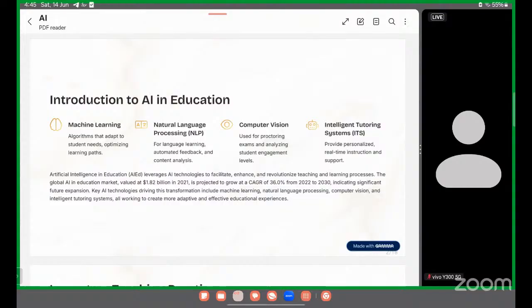And if I summarize the usage of machine learning, I have mentioned a few things before. Moving to the next slide: machine learning helps to personalize the learning, give instant feedback, and predict the performance of a student. Okay, so these are all about machine learning, which helps in education.